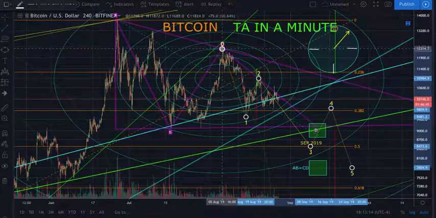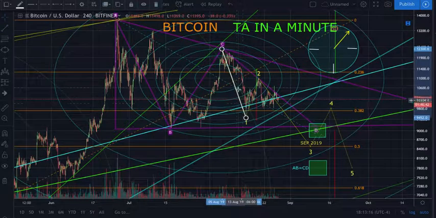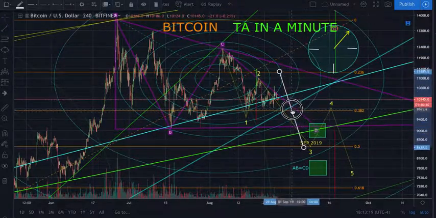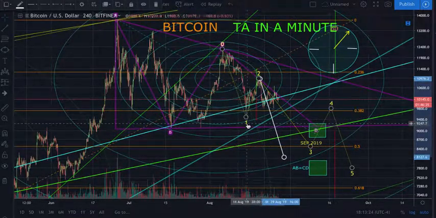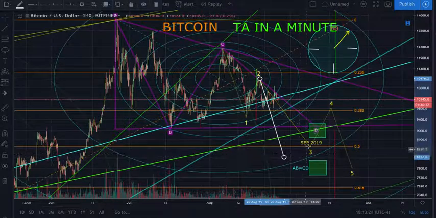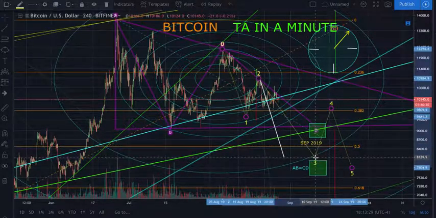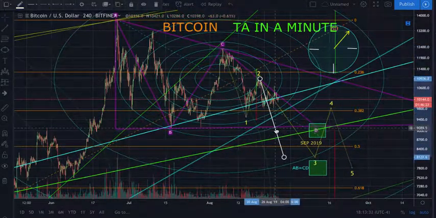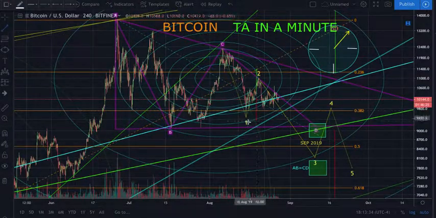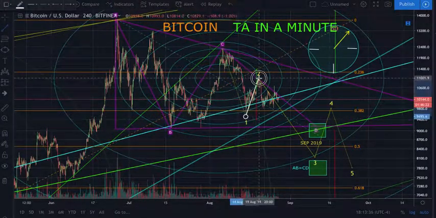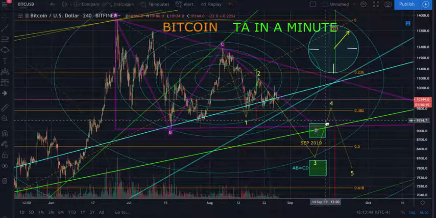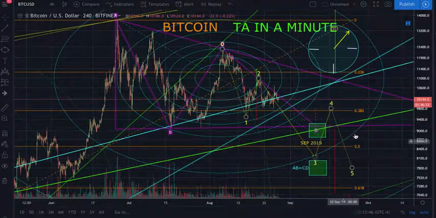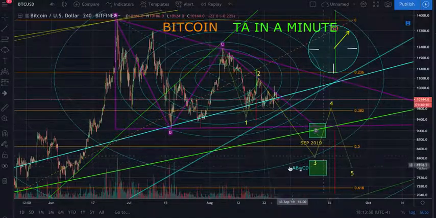So what we're going to do is another measured move from the 1 to 2 just to give us an idea, and then that's going to give us the 3. So we know that in order to not be shorter than the 1 wave, the 3 wave would have to come down at least to this point. So if that comes down there, and then again, just to give us a rough idea, that would give us our move up, which is going to take us basically exactly to the 382. And if you look where that came in, it came in almost exactly right at this fib circle here.